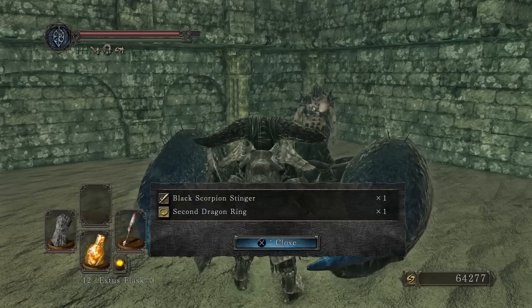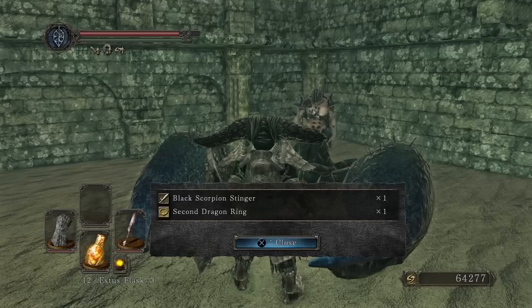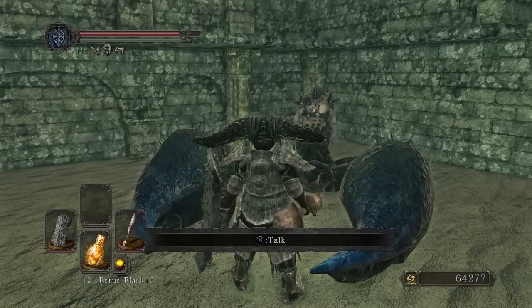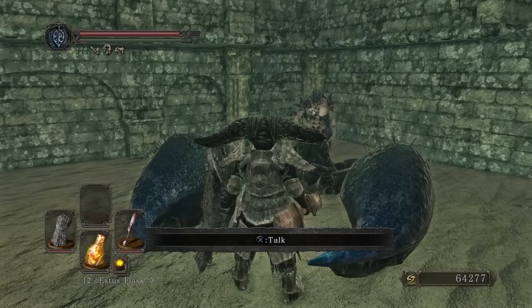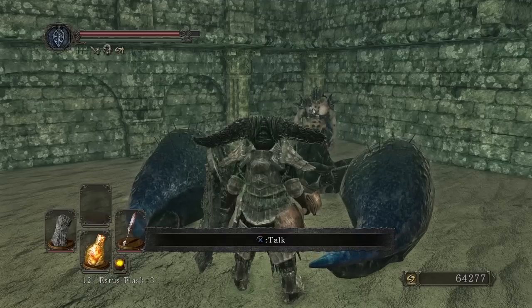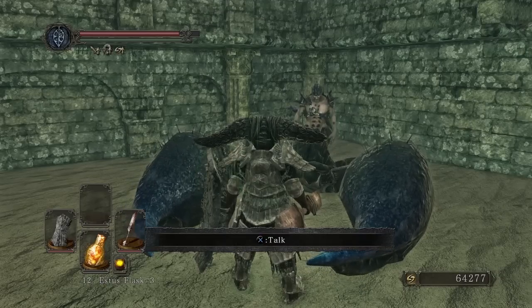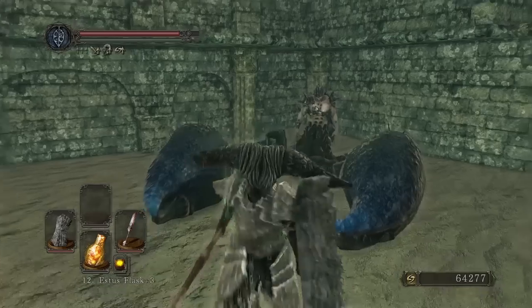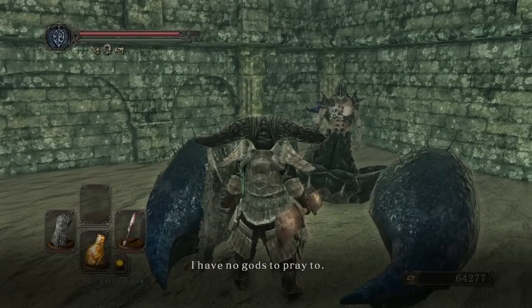Black Scorpion Stinger, and the second, Dragon Ring. I'd gotten the third Dragon Ring, which actually is the best one. Never got the second one, and the first one is acquired by leveling up in the Covenant, where you raise all bonfires to their, like, +3, and enemies regenerate forever. That's terrifying. I have no gods, but...